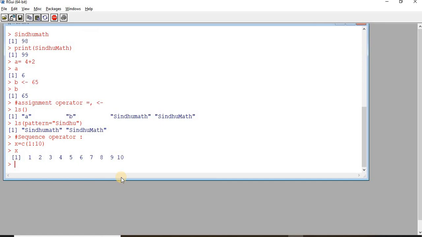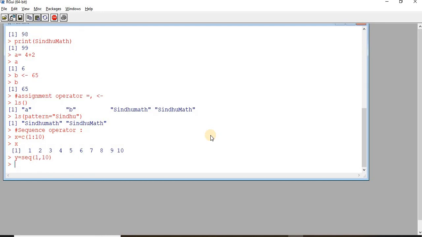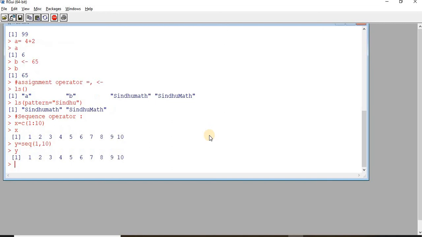This same thing can also be done using the seq function. So y is equal to seq(1, 10). Now when you print it, again the same thing has happened.